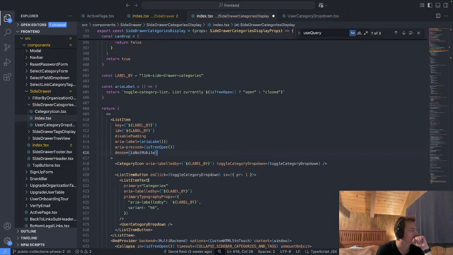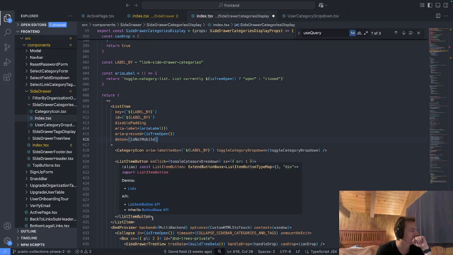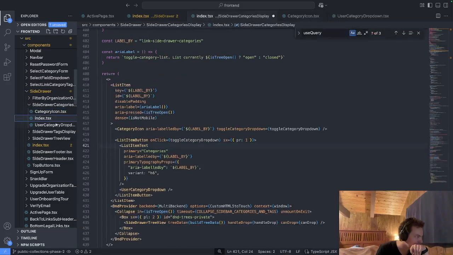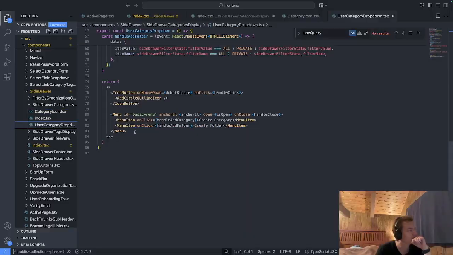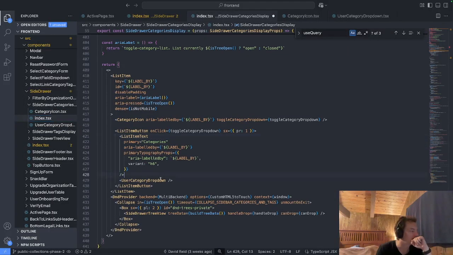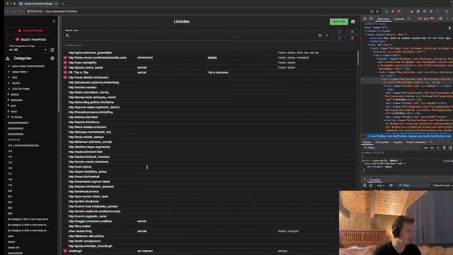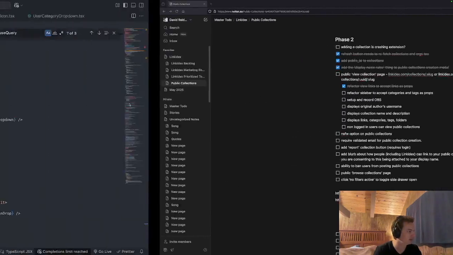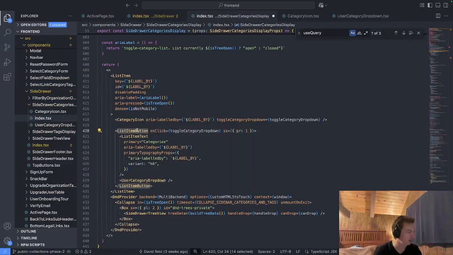Oh, that's this thing. Oh yeah, drop down. Yeah, that's just the drop down. So this is the drop down, which is this. And then the button